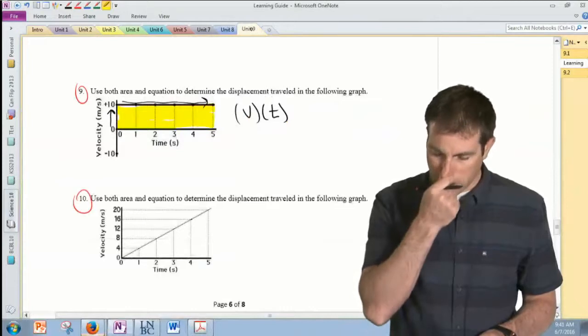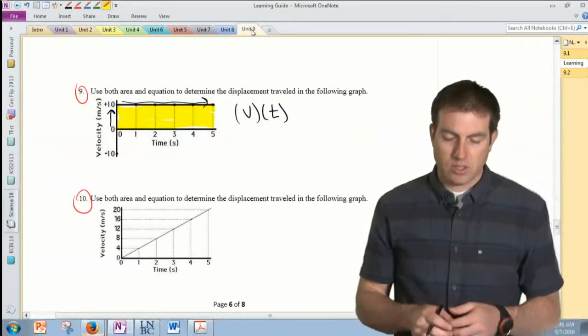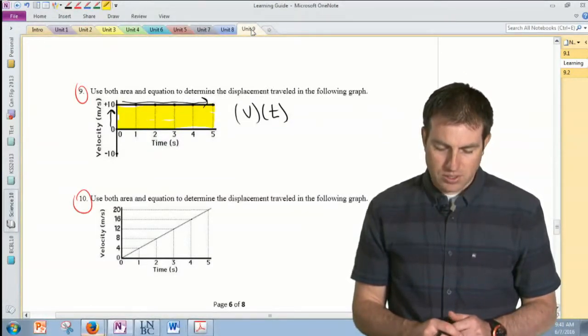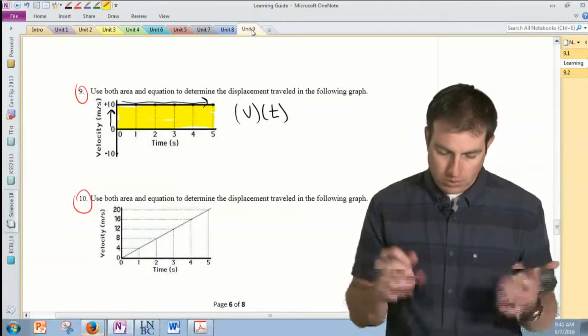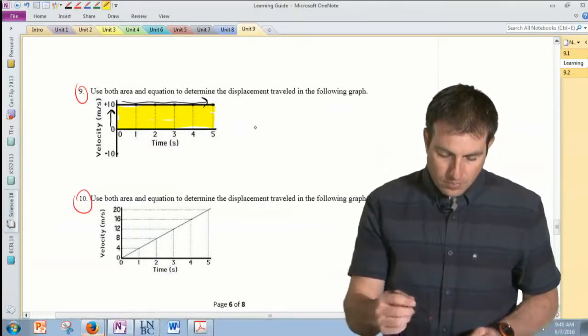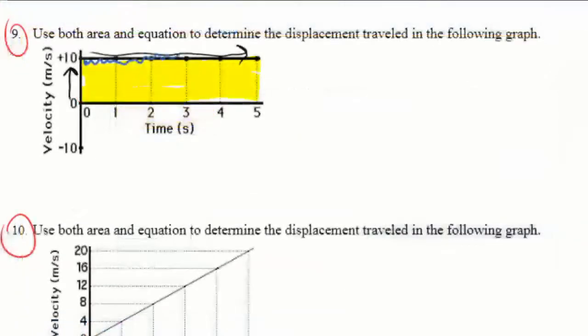This is a really, really complex idea. Not really complex, I mean it's an area. You guys know how to take the area of a rectangle. But it's not a grade 10 concept. We'll do it anyways. So this is the object here, this line that's drawn on here. It's traveling at a constant 10 meters per second forward for 1 second, 2 seconds, 3 seconds, 4 seconds, 5